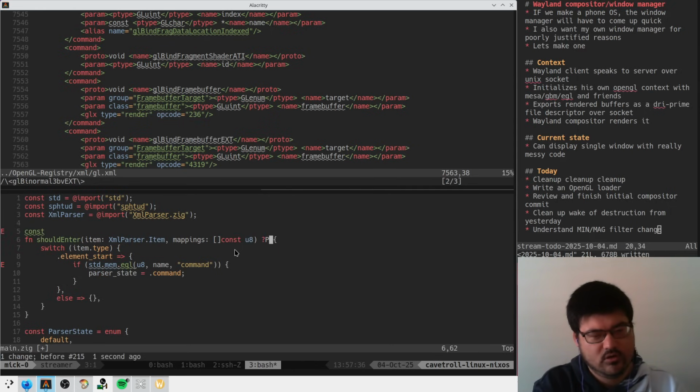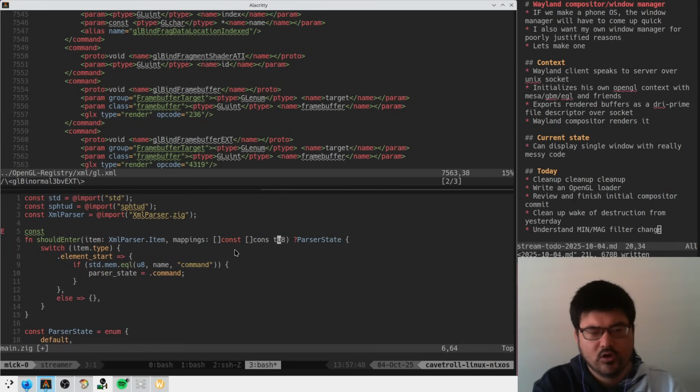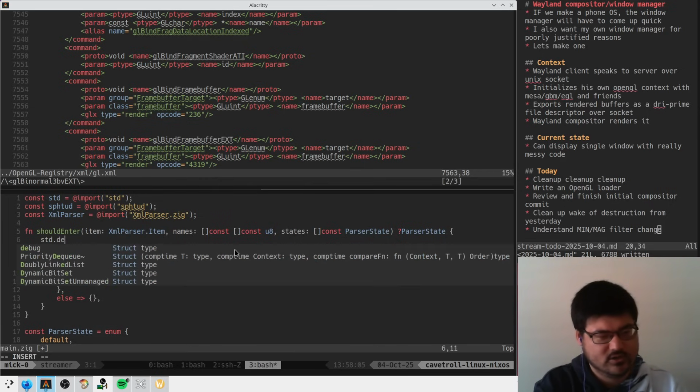So then he iterates over all the mappings. Can we just do this? We'll go from strings here, so names and states. I think this is the reasonable way to do this, right? Then this is easily callable externally, and here we assert